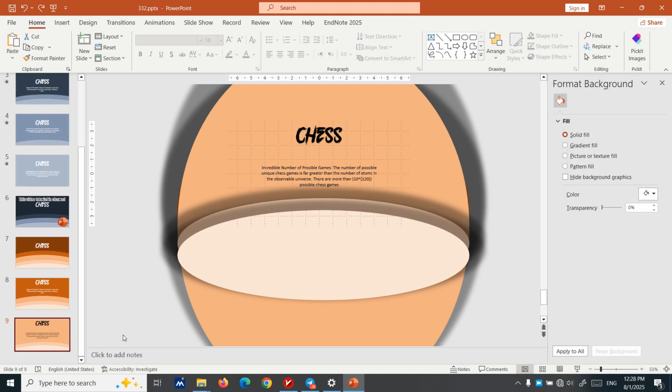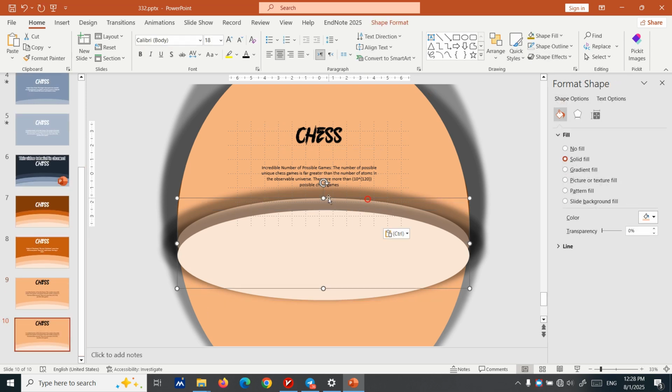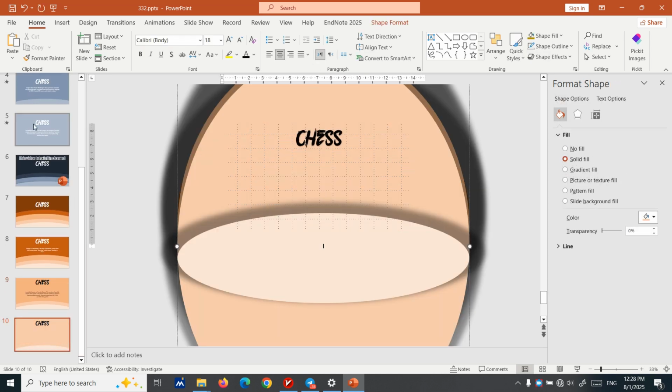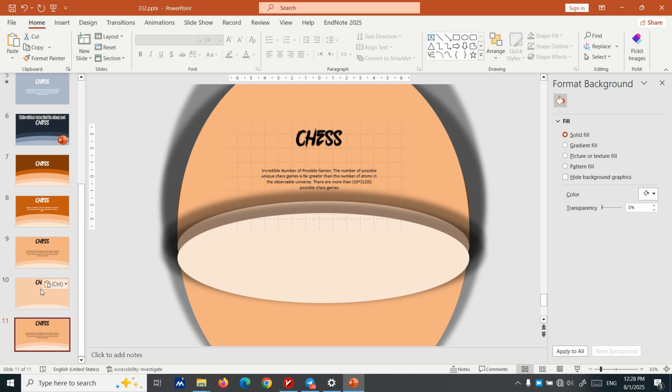But before copying, we need to do some modification. We select these three and bring them to front. Now we copy that, create the slide, copy the text, paste it here,